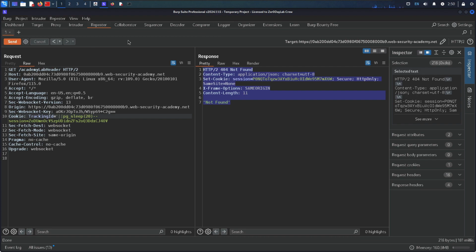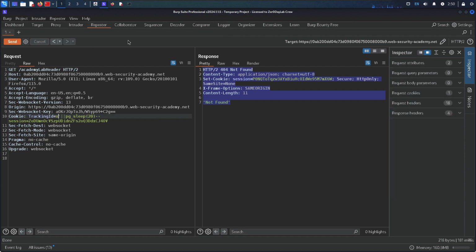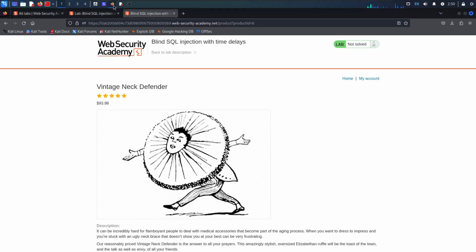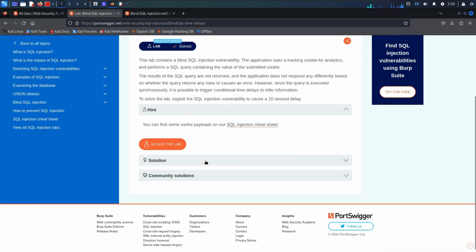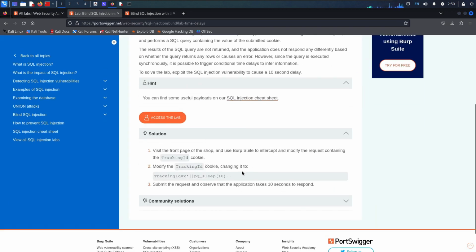Let's provide any value, for example x, then a single quote, double pipe, pg_sleep(20), dash dash. Okay, it is giving me a fast response. I need to check the exact query. So to check the exact query, here we have